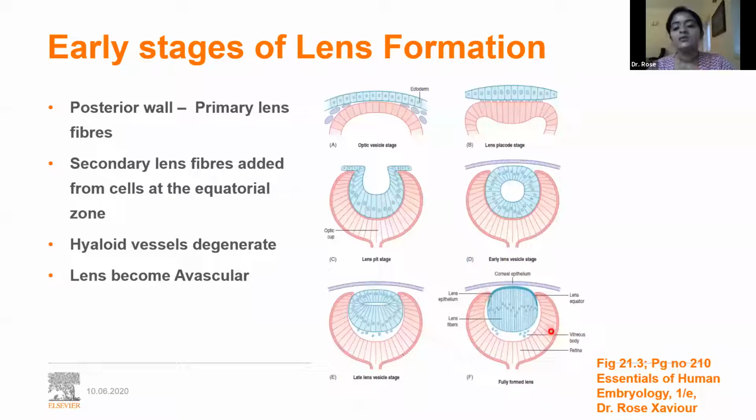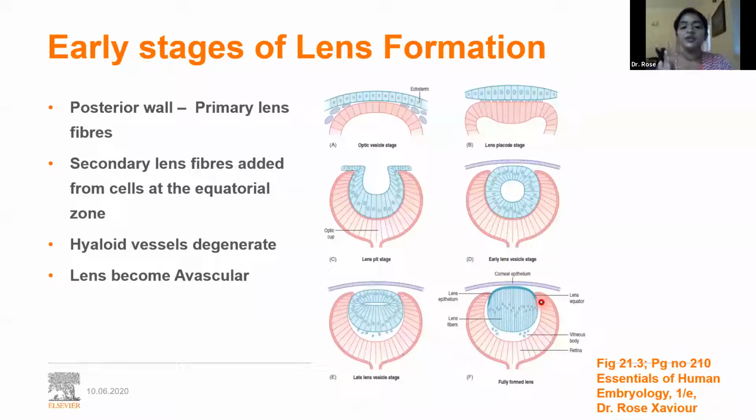Now, at this point, you know that we have the hyaloid vessels which are supplying the lens, and there will be a vascular membrane covering the lens. But soon after the degeneration of the hyaloid vessels, this vascular membrane will just disappear and ultimately the lens will become avascular. So why I mentioned this vascular membrane is